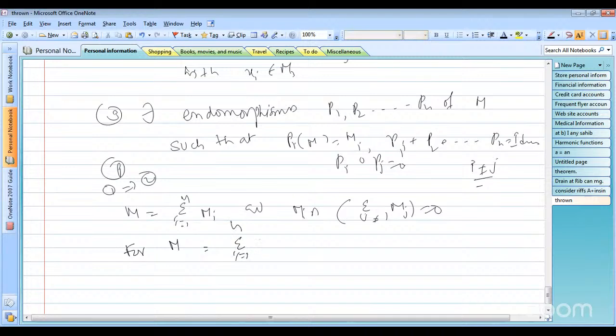It follows that every element of M can be written as